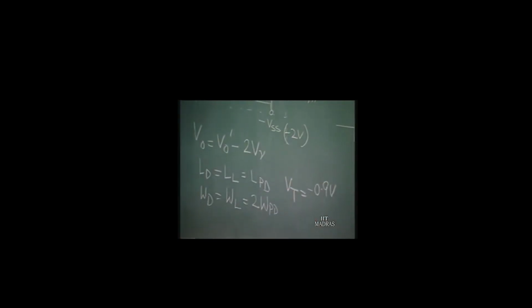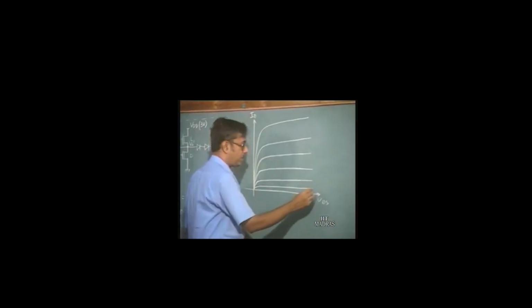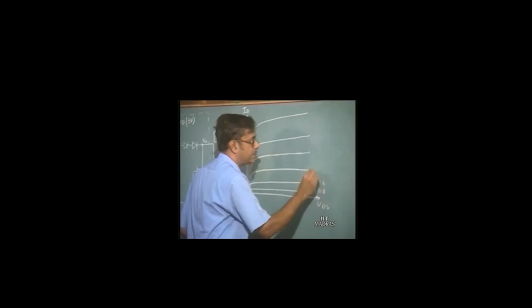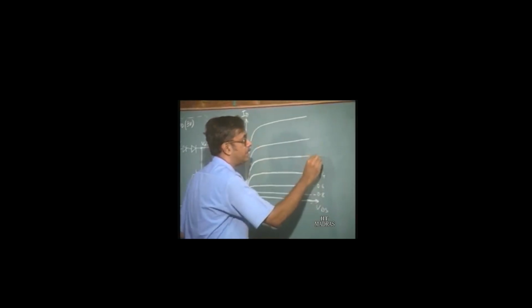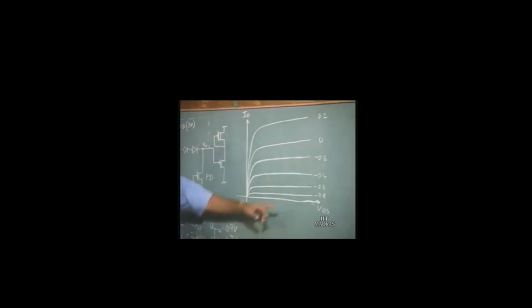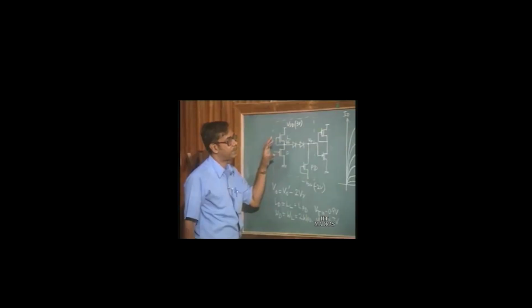All right, and let V gamma, that is the cut in voltage, be 0.7 volts. Okay. So, now in this characteristic, since the threshold voltage is minus 0.9, you can put minus 0.8, minus 0.6, say minus 0.4, minus 0.2, 0, plus 2, like that. These are the gate to source voltages for which these are the characteristics. Now, how do we draw the load line for this